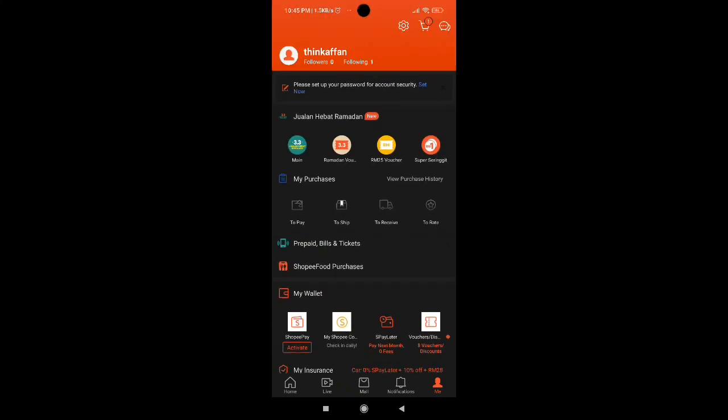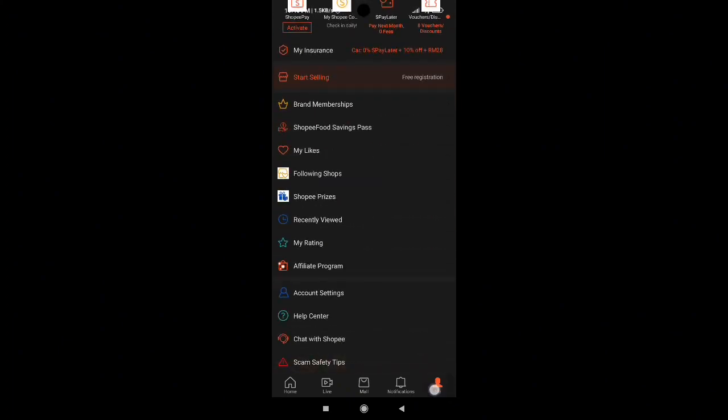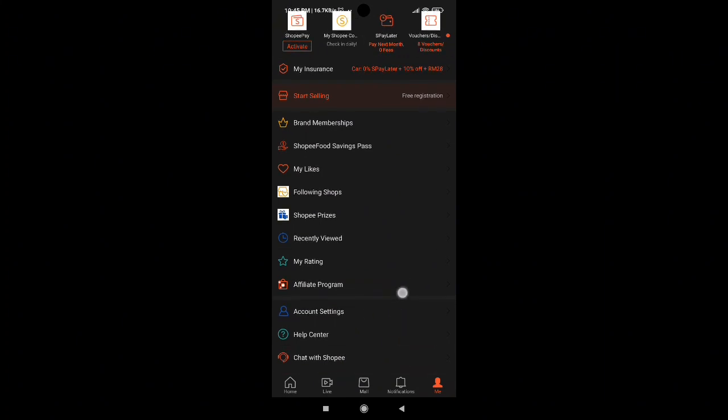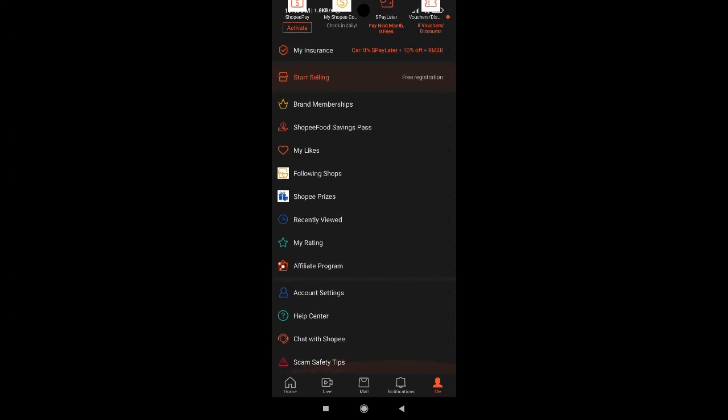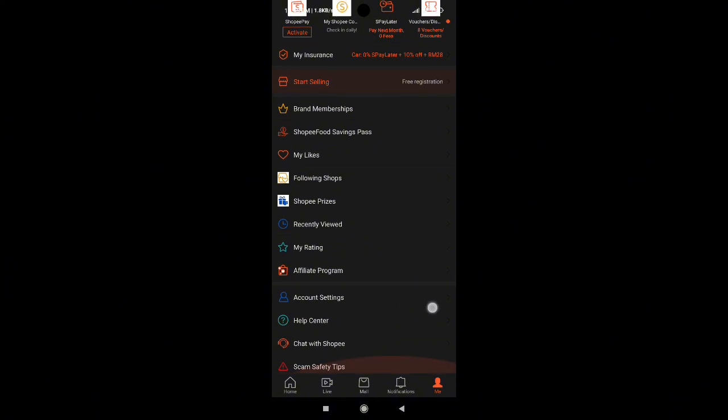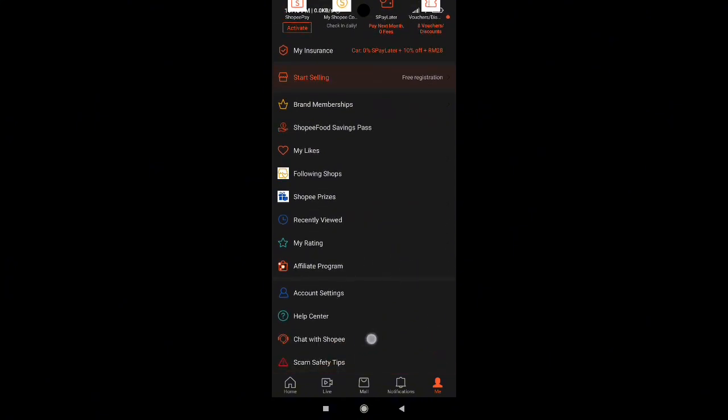Even if you are not logged in, you will be able to go here and see all of these options. It doesn't matter if you are logged in or not. Even if I log out, I can still see it. So you have to go to chat with Shopee,